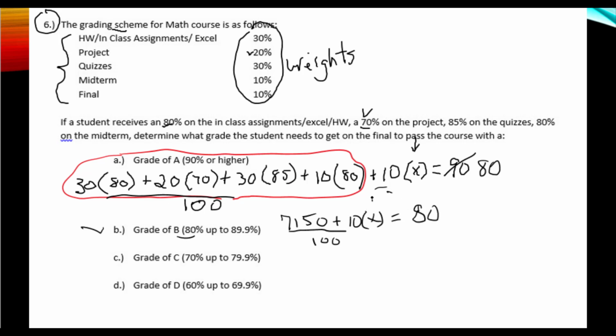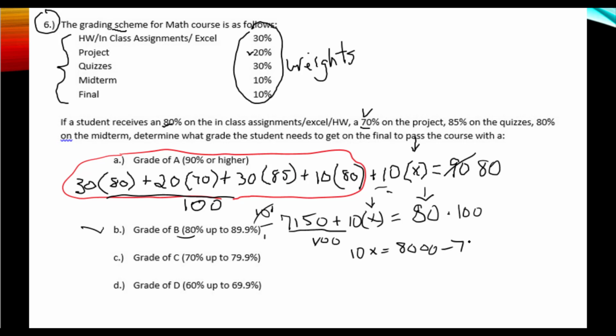What do we need to get on our final exam in order to get an 80 for the class? Multiply both sides by 100 and subtract 7150, correct? So we're going to get 10x equals 8,000